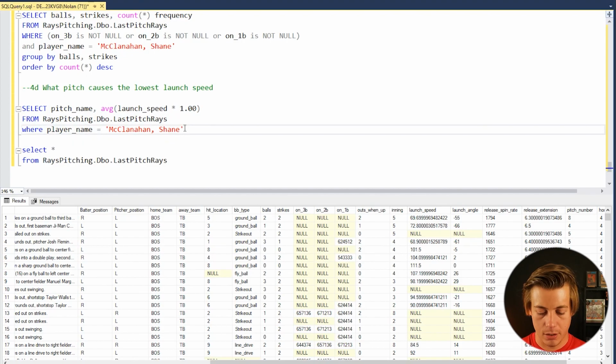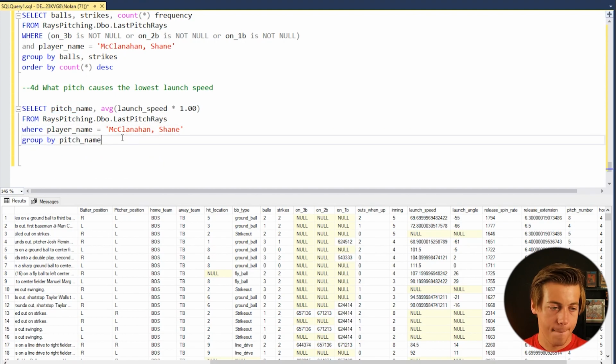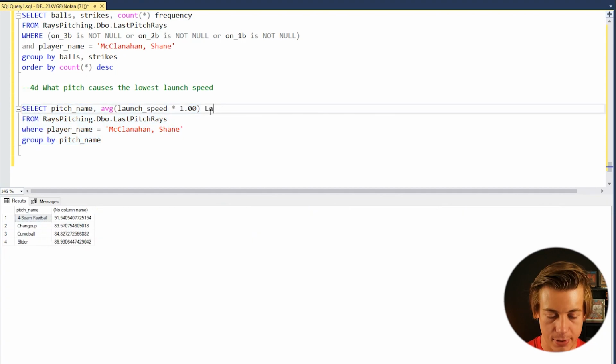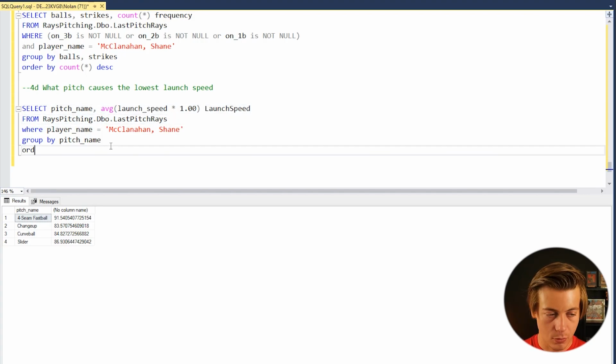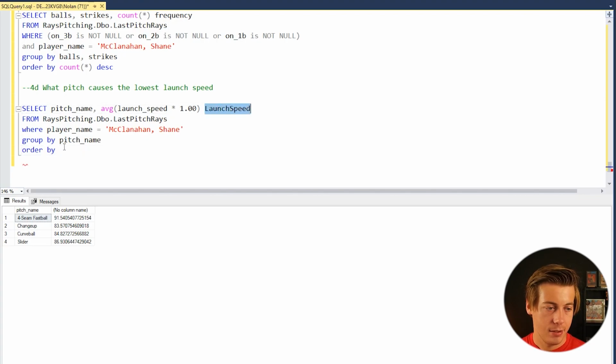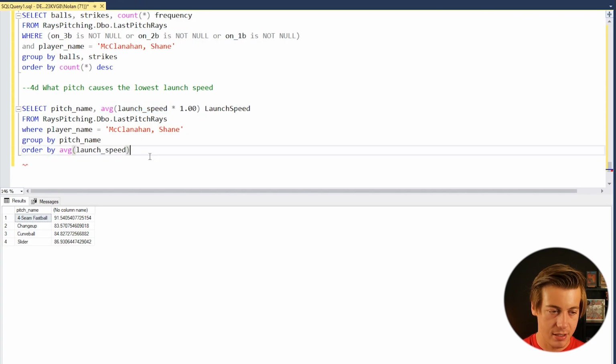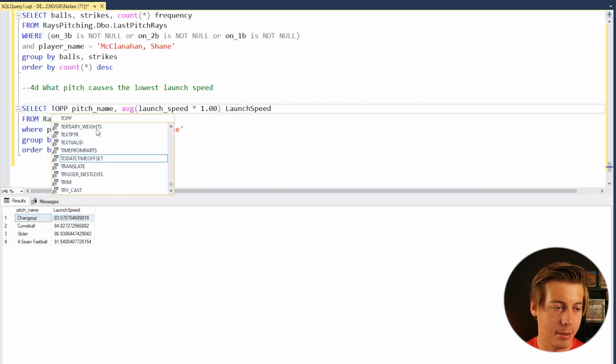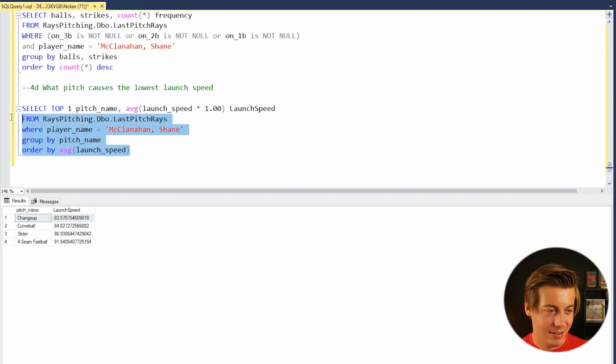And then it's not going to work because I need a group by pitch name. To that next line. Don't need this anymore. And then, let's see, this is launch speed. Okay. Order by like this. So what this is going to do is show it in ascending. And then all I have to do, top 1, run this query,